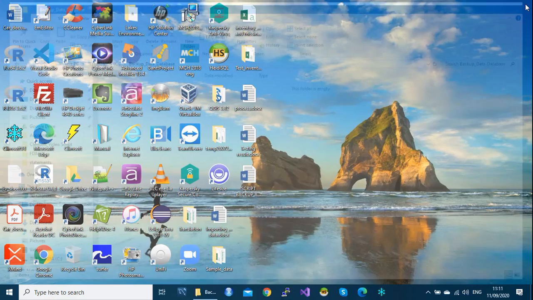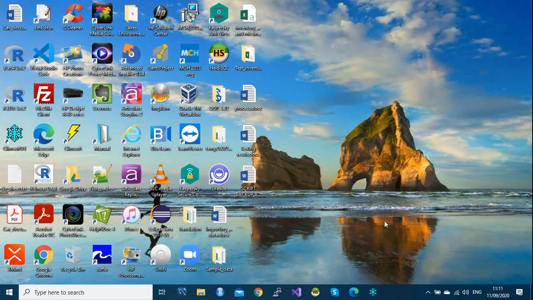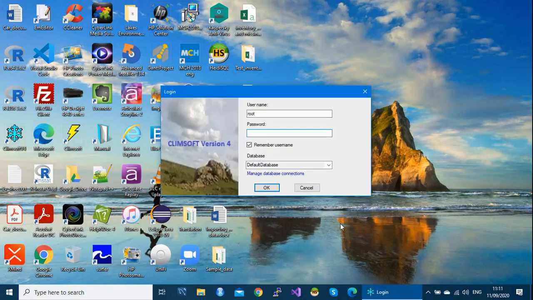Close this folder, go and launch CleanSoft. Launch CleanSoft and log in using your username and password. Of course, this process is done by the administrators. Log in.